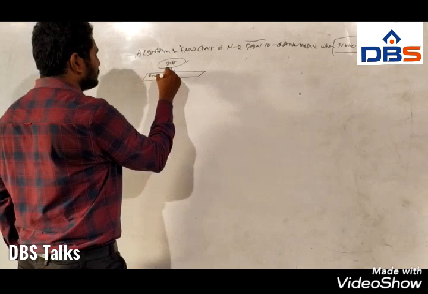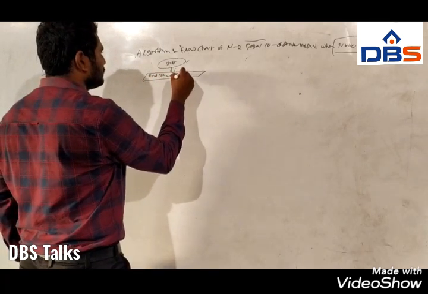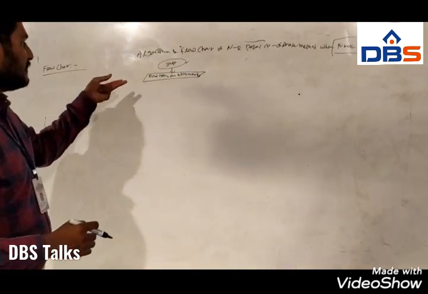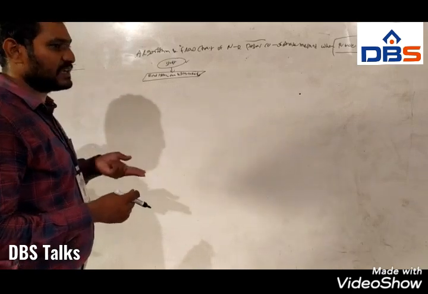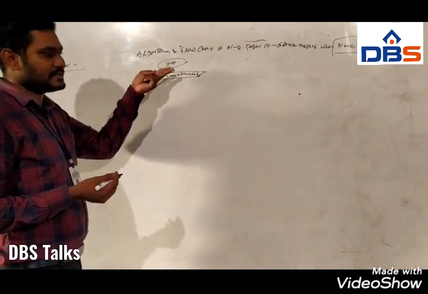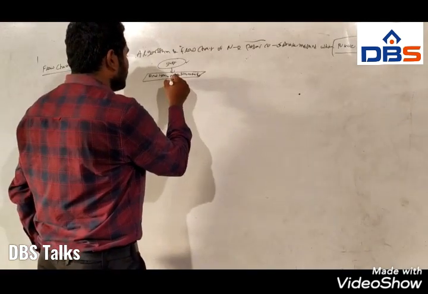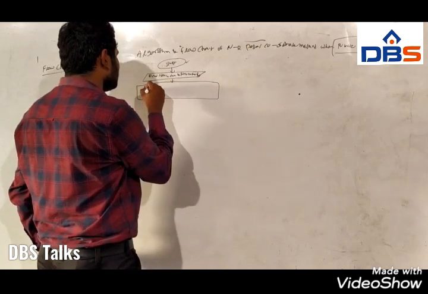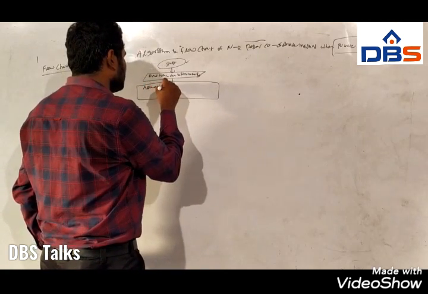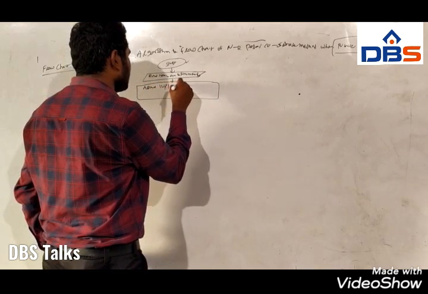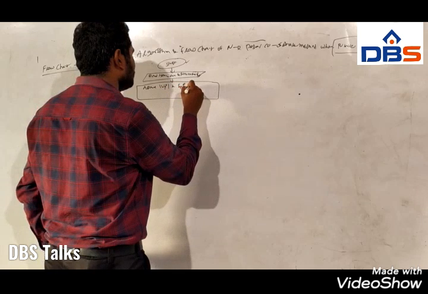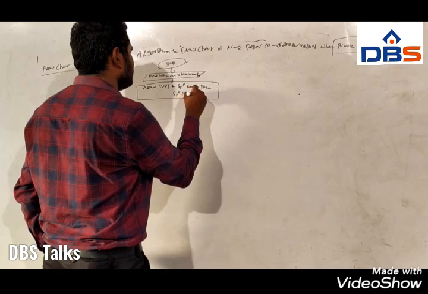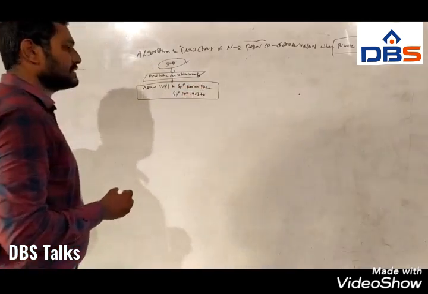And next, the first step is read system data and formulate Y bus. I already said that firstly we have to read the system data and formulate the bus admittance matrix, that is Y bus, and after that we have to assume initial bus voltage magnitude, that is V power 0, and delta power 0 for all PQ buses and delta power 0 for all PV buses. This is the second step.